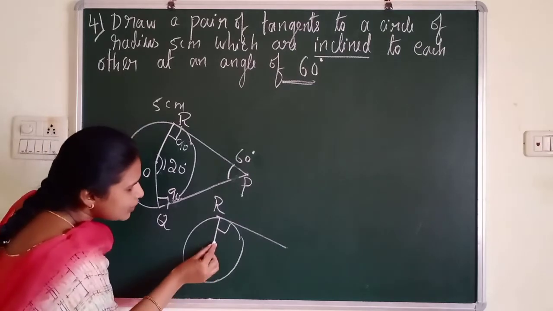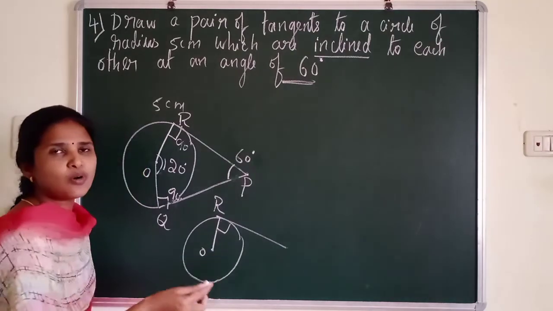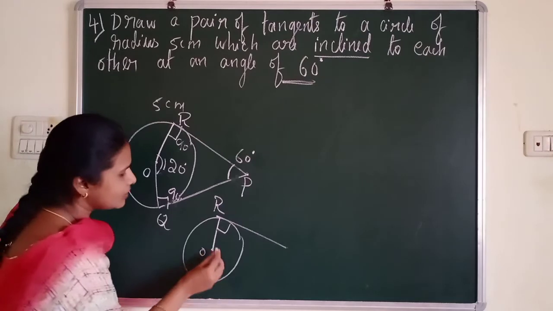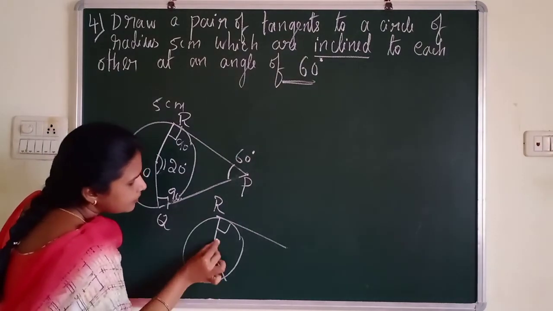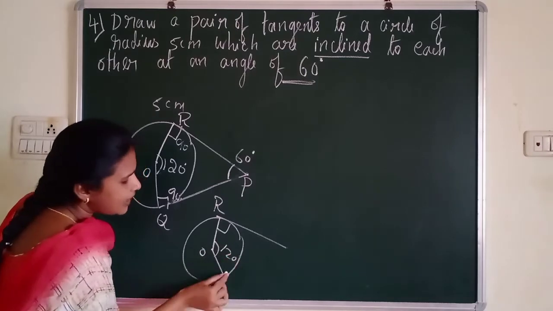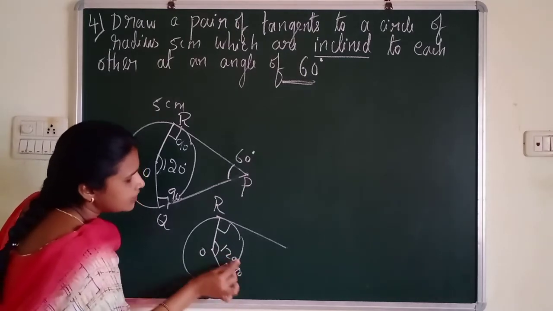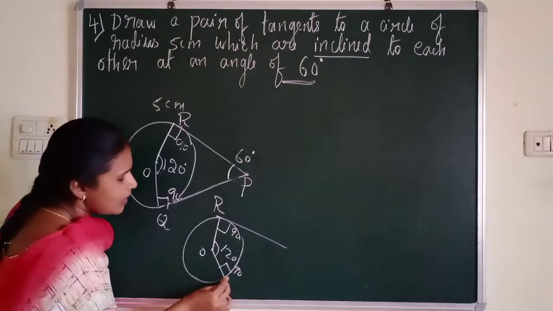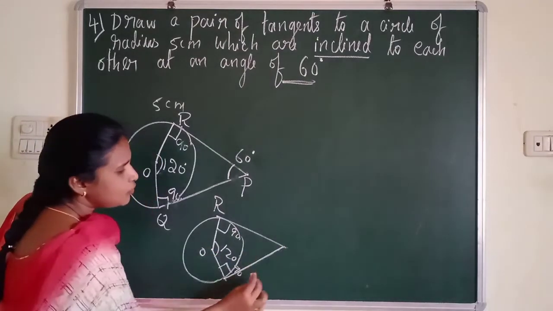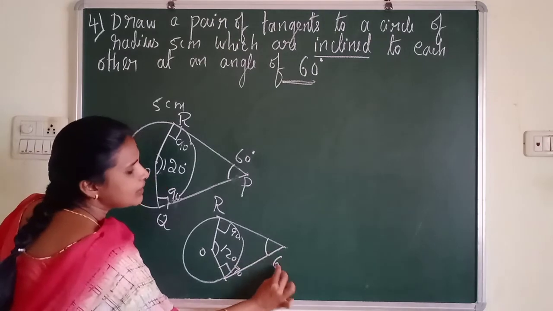And similarly here you have to construct 120 degree. You should know how to construct 120 degree and 90 degree. So construct 120 degree here. And here you should construct 120 degree. And again here you have to construct 90 degree. So construct 90 here. Then 120 here. Then 90 here. And then join this, you will get automatically here 60 degree.